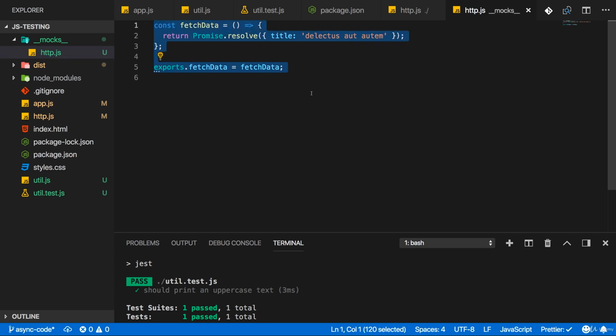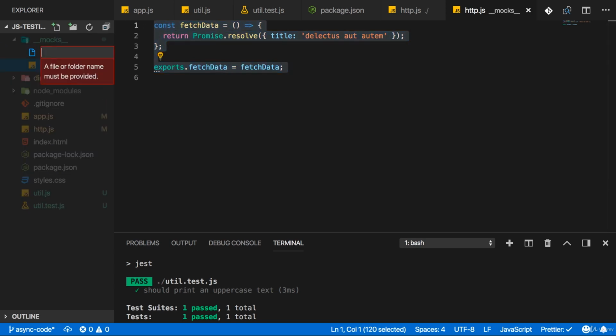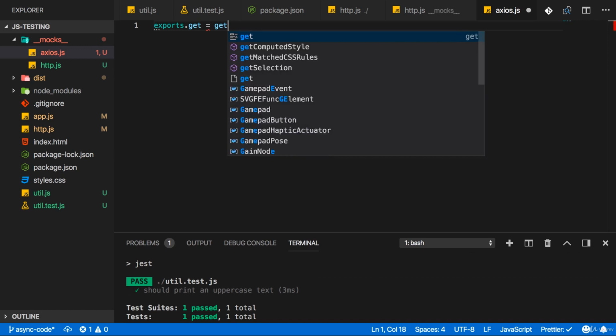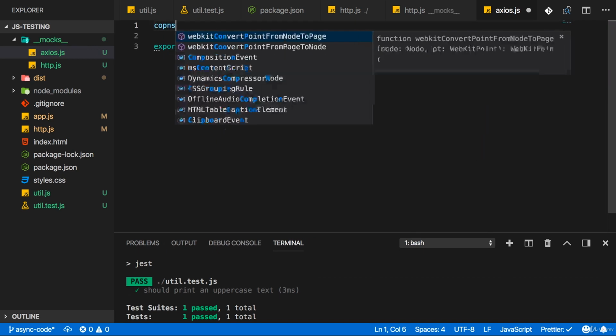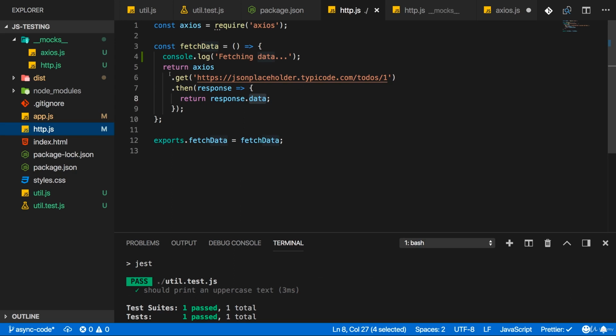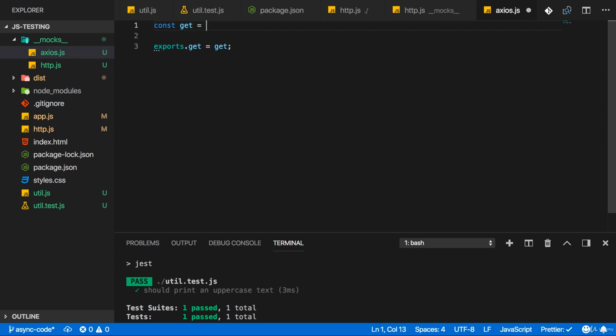Instead of mocking our fetch data function, you could create an axios.js file here, and there we could export our own get function here, which we of course have to define. Because remember, in my HTTPS file, I am using the get method of the Axios object. So here I want to export a get method, and that should be a function that takes a URL as an argument, but we don't care about that URL here. What we want to do here is